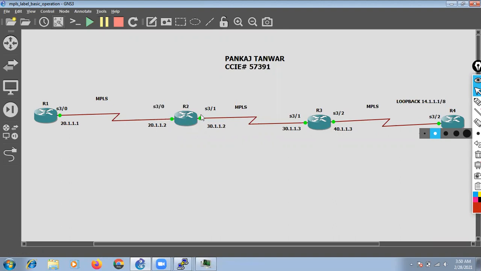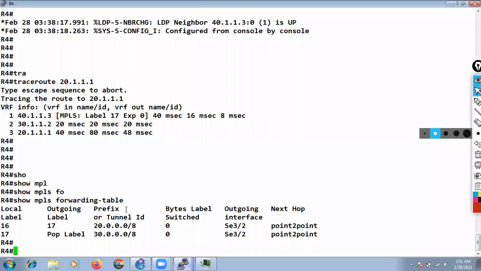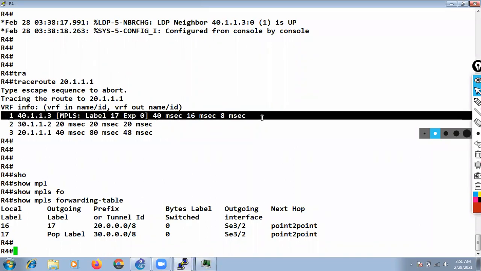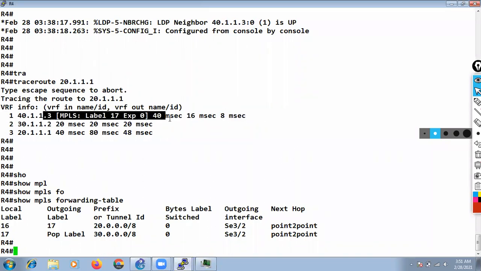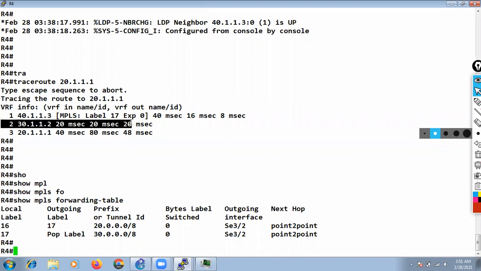R3 already popped it out, and R2 is receiving it as normal traffic without the label. That is why in the trace route, only R3 shows this MPLS label, because after that R2 is receiving this information without a label. That is why you are not able to see any MPLS in this trace route.